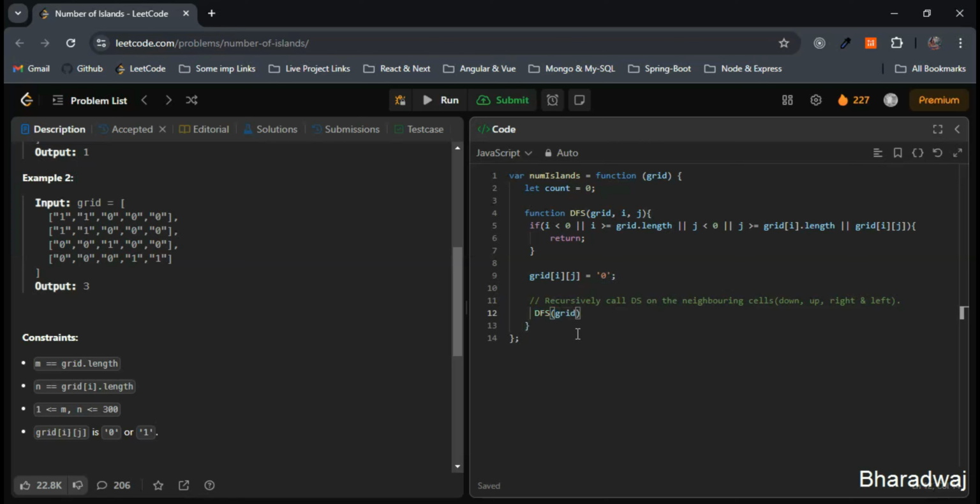So what are the parameters we have? Nothing but grid, i and j, right? So we'll move i plus 1, comma, j. So this is nothing but down initially. So let me copy this one. I just copy this one, I paste here 4 times. So let me comment this one for the reference. This is down,